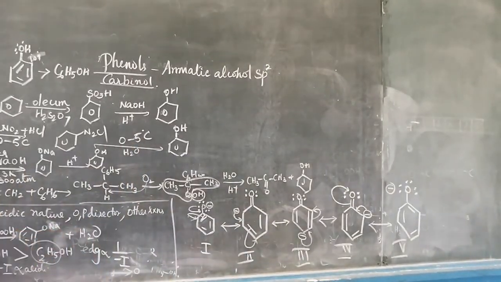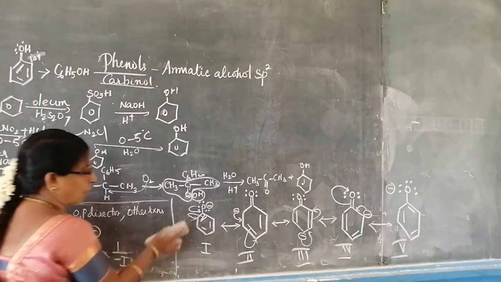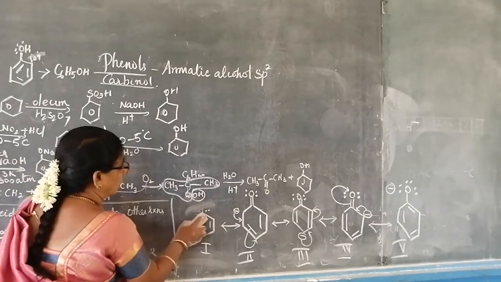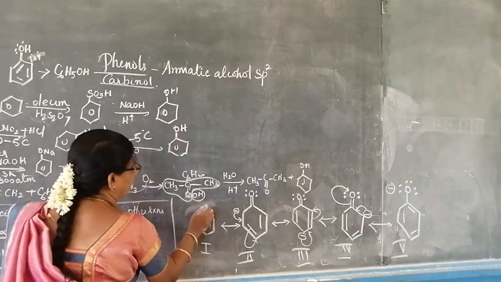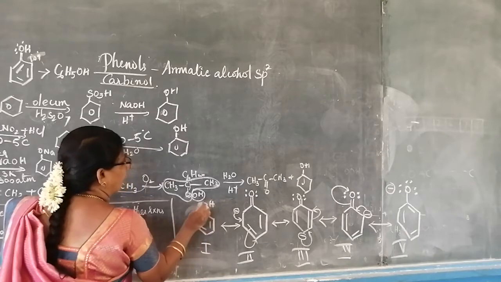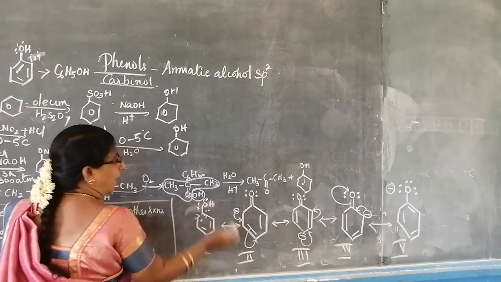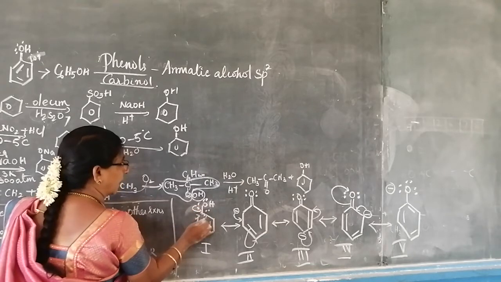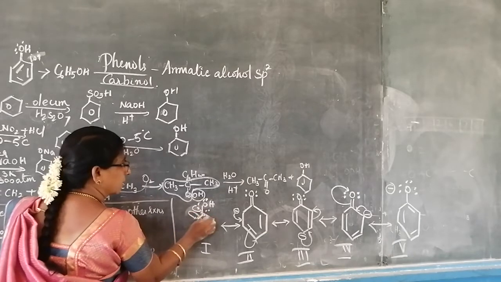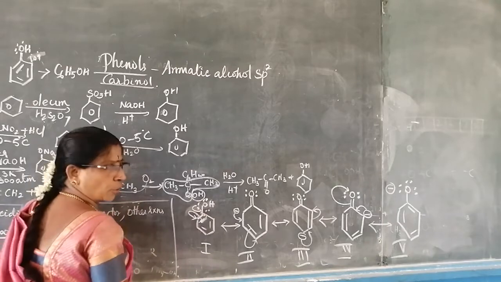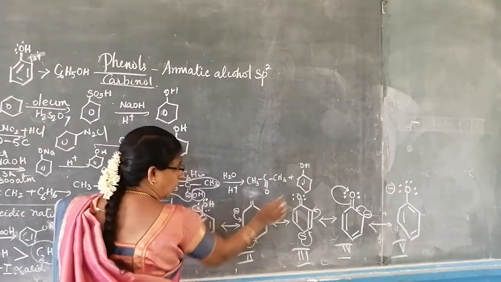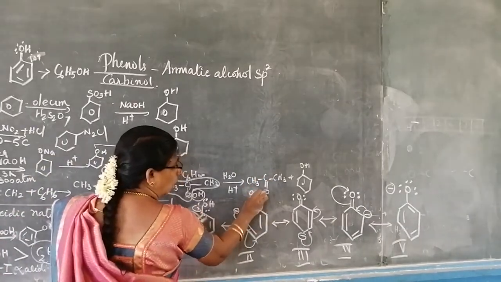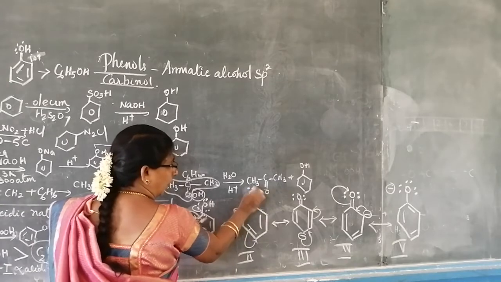How to write the resonance structure of phenol? Phenol means you know it is having OH, where it is having only 2 pairs only, not 3 pairs. So what will happen? This will come here. This electron, which is 1 pi electron, will come to ortho position. So what will happen in the top? It will be double bond OH, but oxygen is having only 1 pair.